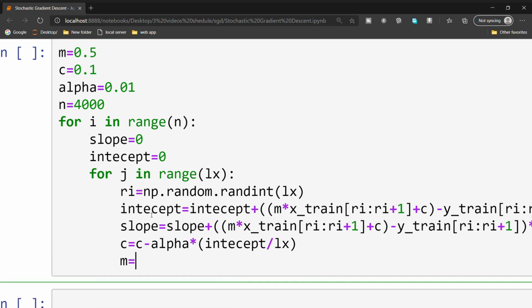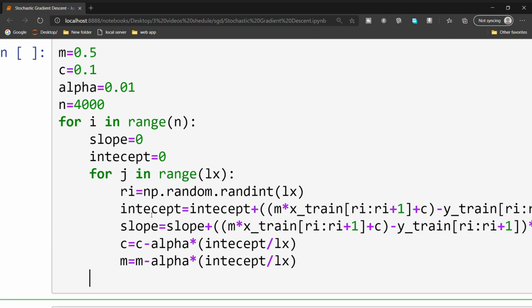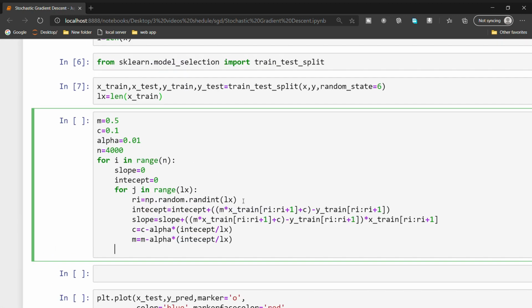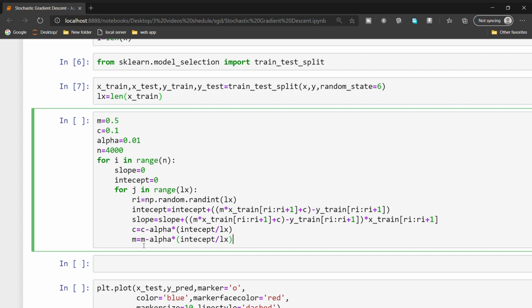Next m equal to m minus alpha into slope divided by lx. So we are taking only one instance and we are updating the gradients after each instance, instead of taking all the data.